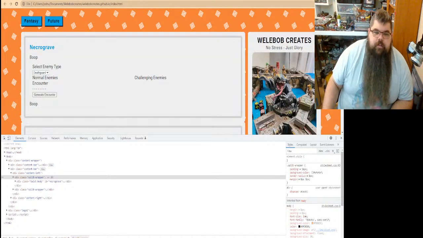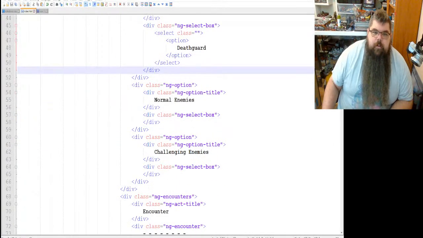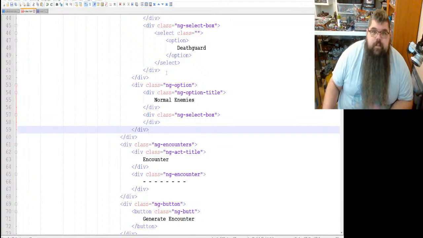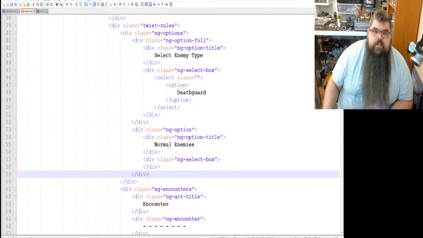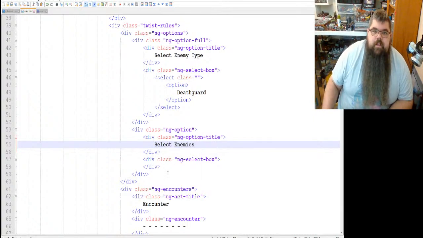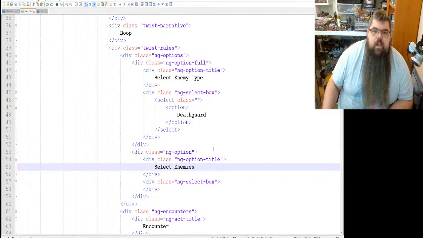For right now, let's make it truly random. Let's actually get rid of that, and we're going to have just one thing. Alright, and this is just going to say select enemies, like that. Okay.